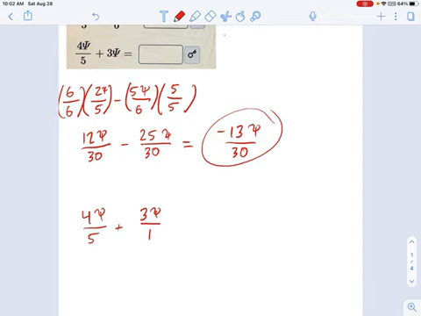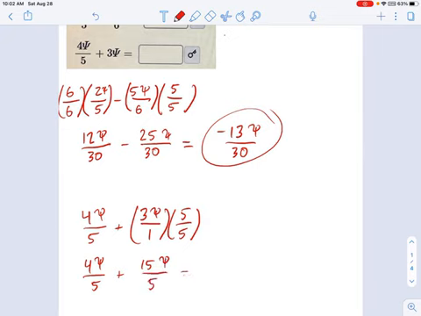So what can I do to make this have the same common denominator? Well, I'm going to pick 5 over 5. And remember, when I'm multiplying by this 5 over 5, that's okay because I'm not changing the value of the fraction it's multiplied against. The reason I know I'm not changing its value is because 5 over 5 is basically just 1. You can multiply anything by 1. So what we get here is 4 psi over 5 plus 15 psi over 5, and that's just going to be 19 psi over 5.